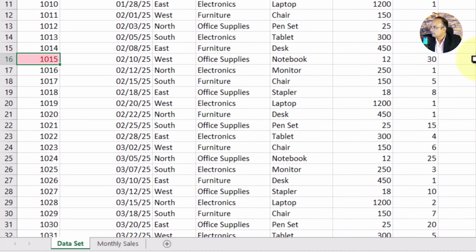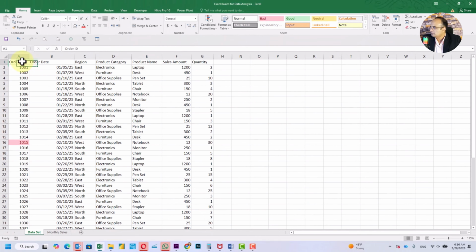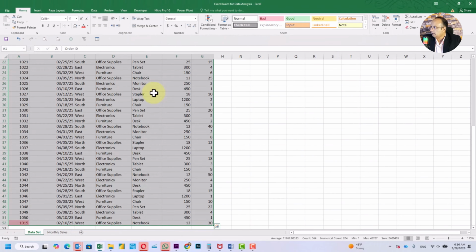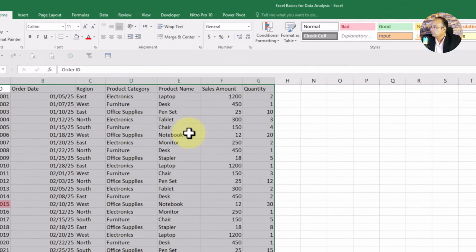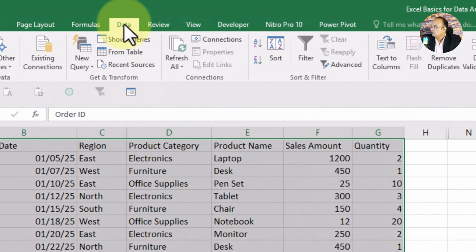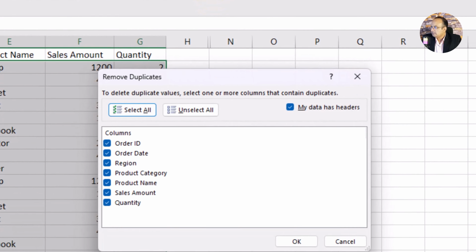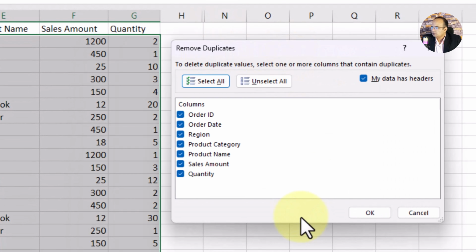To remove this, click on this data, then press Ctrl A to select your entire data. Then go to Data tab, click on Remove Duplicates. Excel is again asking if you want to select the criteria to remove duplication based on more than one column or one column. It is your choice and your requirement.